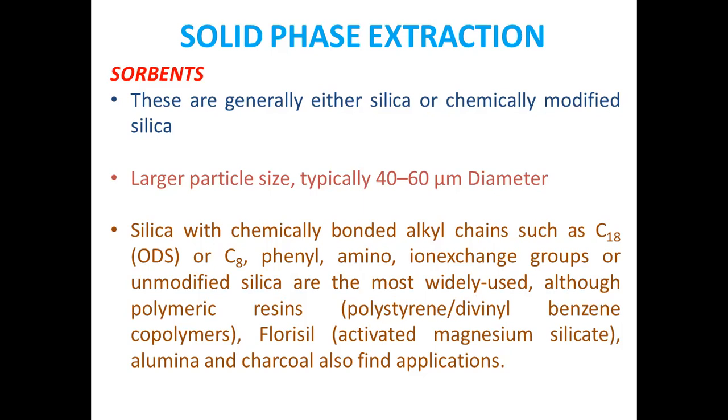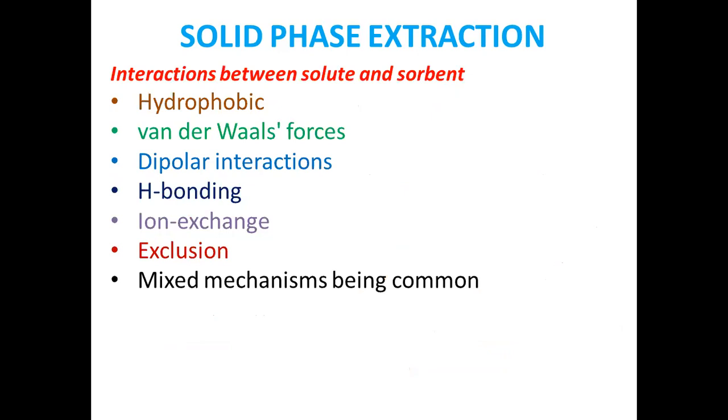So here, the maximum number of the sorbents will be working based on the principles in which there is interaction between the solute and the sorbent. The interactions may be different from one to another. What kind of interactions are they? The interactions may be hydrophobic interaction. Hydrophobic interaction means if there is a bulky group attached to the solute and the sorbent is also having a bulky group, certainly the aqueous solubility of the solute will be reduced when it is made to interact with the hydrophobic group of the sorbent. So interaction will become stronger between sorbent and the solute. Therefore, hydrophobic interaction we can expect.